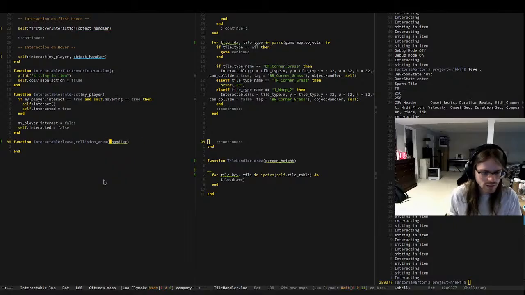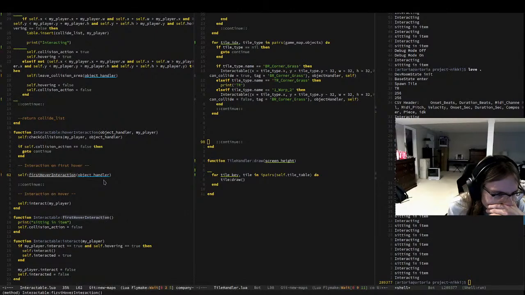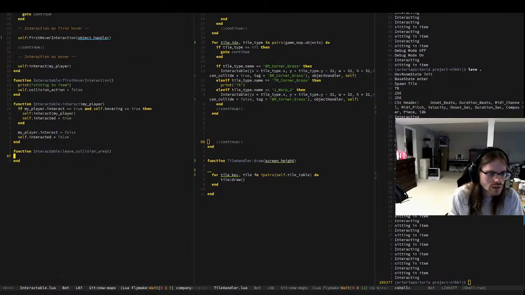We may need that later, but so why is this kind of getting called, so interaction on first hover? What is the difference? So interact. So if